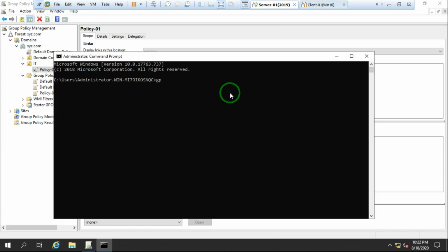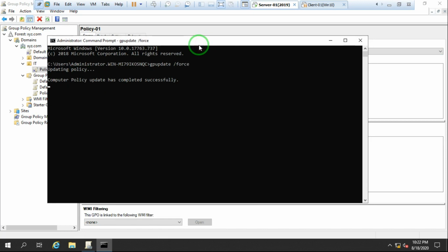So I run gpupdate /force and press Enter. Now you can see it's updating the policy. Computer policy update has completed successfully. It's updating the user policy and computer policy, and both are updated successfully. Click on exit.